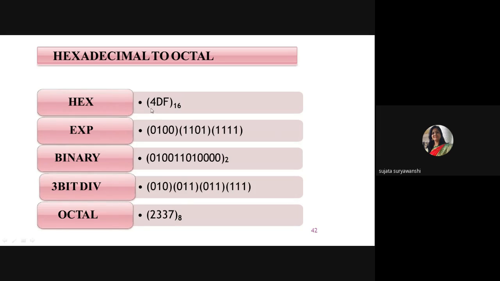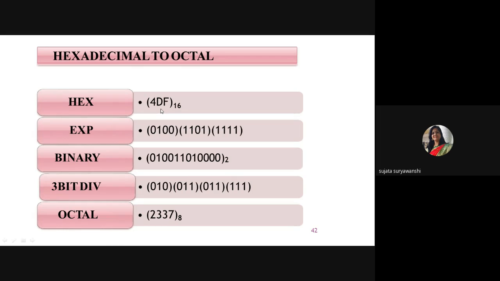So instead of making a 3-bit binary number, you need to write a 4-bit binary number for each hexadecimal digit. So 4 is there. So write down 0, 1, 0, 0. Don't write 1, 0, 0. 1, 0, 0 is also similar to 0, 1, 0, 0. But here we are converting from hexadecimal to binary. So you have to write it in a 4-bit binary number. Okay. So 4 can be represented by 0, 1, 0, 0.